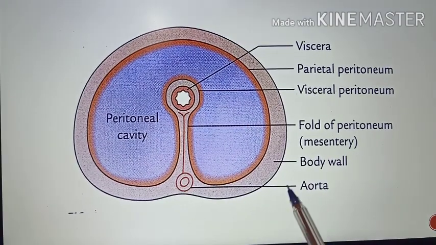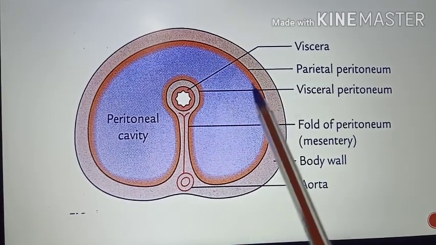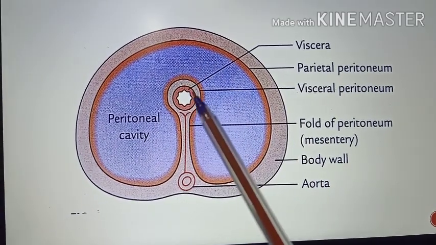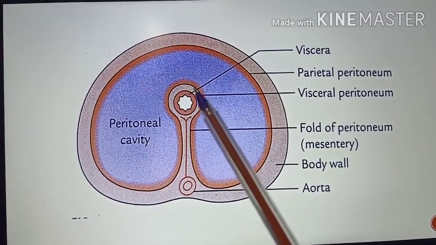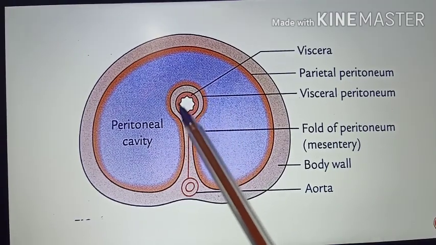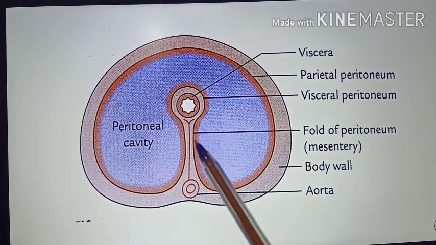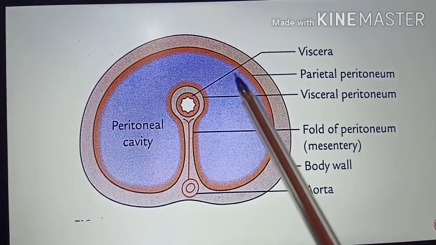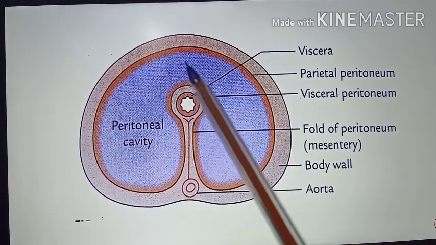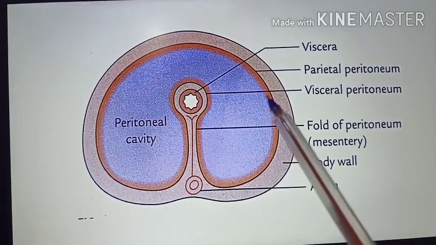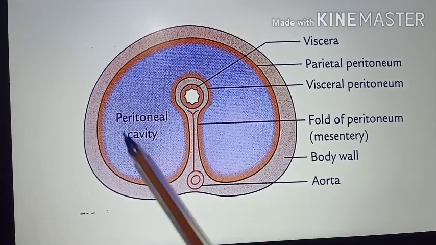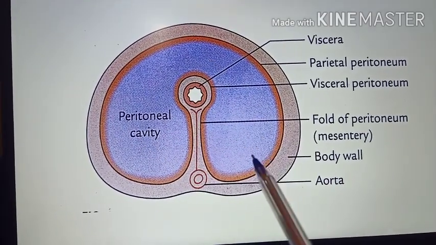This is the picture which is just showing the transverse section. So you can see here, this is the viscera. Surrounding the viscera, this is the visceral layer of the peritoneum. Then over here, this is the parietal layer. So in between the visceral layer and the parietal layer, this potential space is the